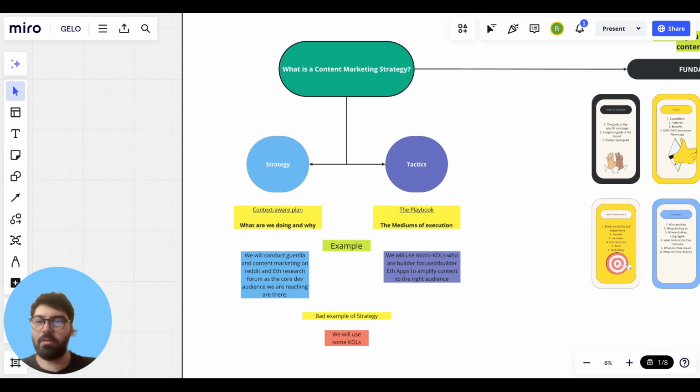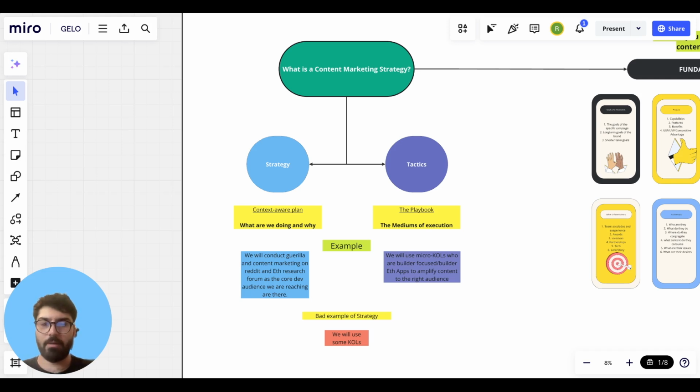They are a series of tasks that are fundamentally just themselves, if that makes sense. First, we need to distinguish the difference between tactics and strategies. Strategies are context-aware plans. Every brand should have their own different strategy based on the nuances of their brand, their audience, their community, and so on and so forth. If you don't have that, or you're not utilizing the context within which you're residing, you're not creating a strategy. You're just copy and pasting someone else's strategy, which to you is just a method of execution. You're not coming up with anything that is really suited to you.